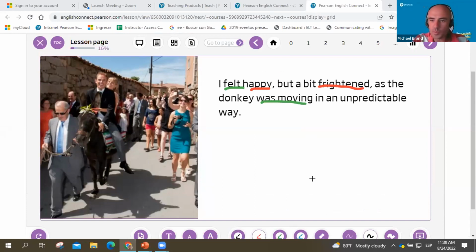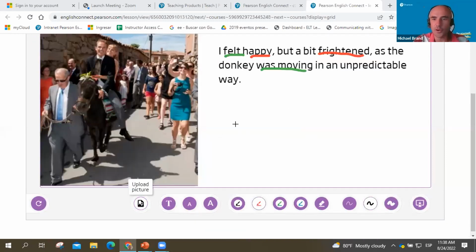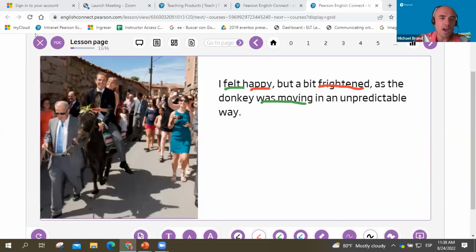Anyway, Guadalupe said, did you copy and paste the photo onto the whiteboard? Yeah, so you can upload a photo to your whiteboard by clicking upload and finding it from your computer. I've got a photo here. I wonder if you recognize the person in the photo, maybe. Anybody know who this guy is? Who's in the photo?